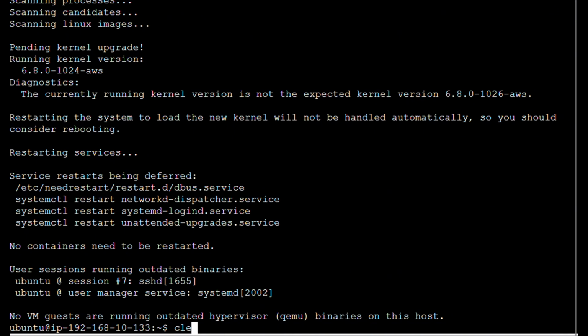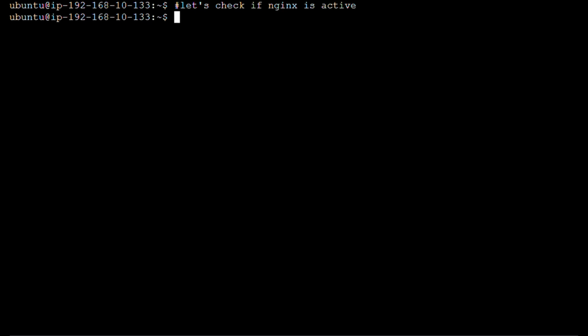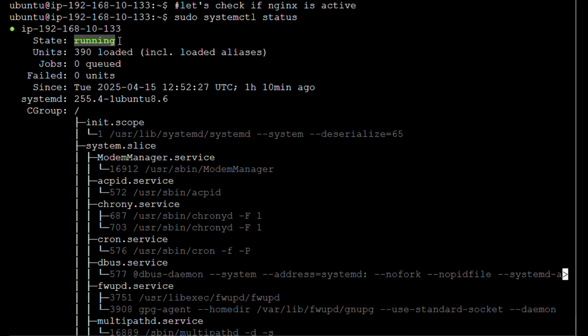Okay, I'll clear my screen just to get some space, and now we have to check if this has been installed properly. To do that, we need to use the command systemctl. That's a command we use whenever we want to check if our package has been installed properly. So sudo systemctl, and then we are going to put status, and then we were supposed to put Nginx